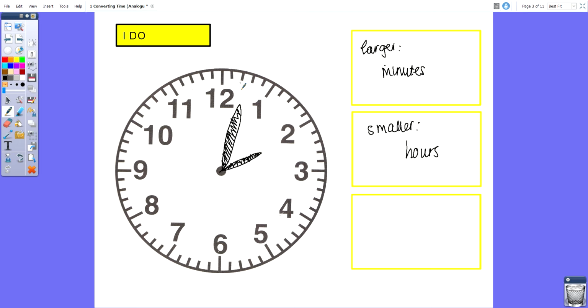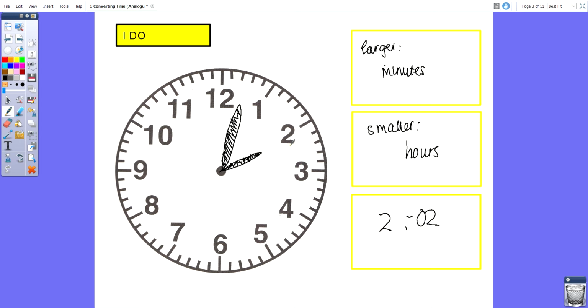So you look up and you go up in the little ones. So we have 1, 2 little ones that have gone past. So we have our colon here and 2 minutes on this part here. Have a look at the hours. Now we can tell how many hours passed by the last number the small hand has passed. So it might not always be on the 2, it might be somewhere over here, but it hasn't passed 3 yet, so it's going to be the hour is 2. So we have